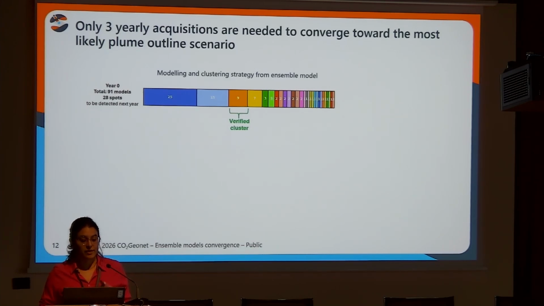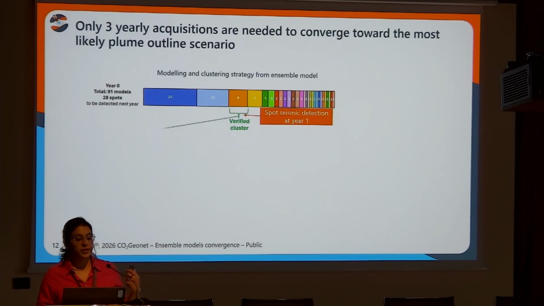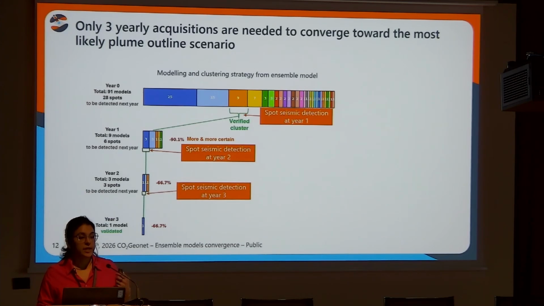So we send the 28 spots, and CMG will tell us which spot saw the CO2. We come from a 10% detectability threshold, which is quite a conservative threshold to use in a saline aquifer, but that depends on the field. In this case, with the spot seismic detection at year 1, we detect CO2, and we can verify the cluster made of 9 models. And then you can do the clustering again on year 2, year 3, and so on